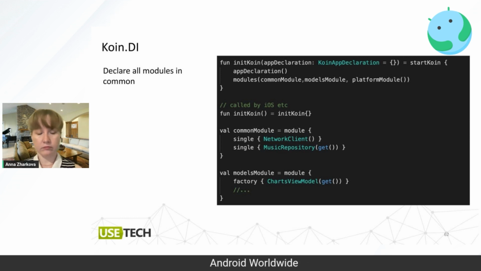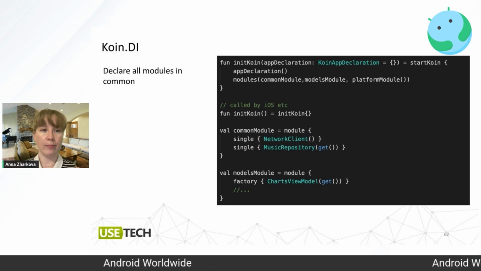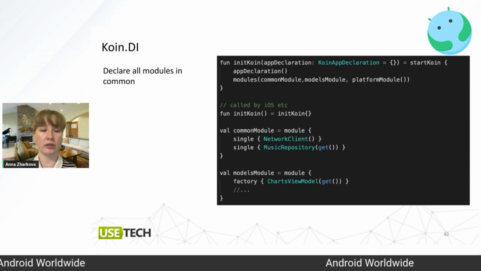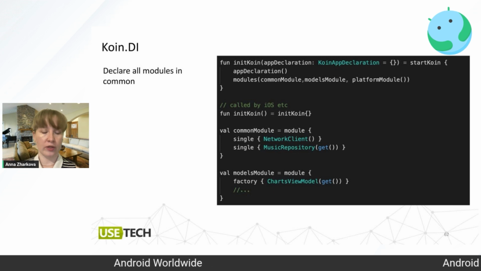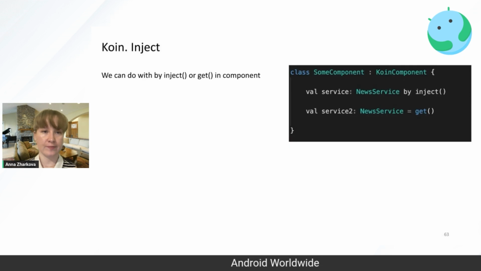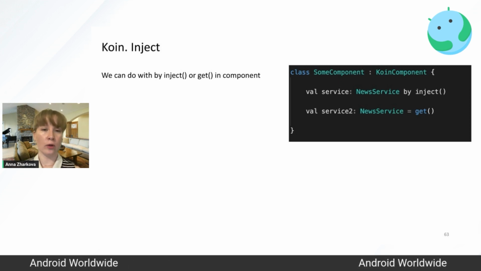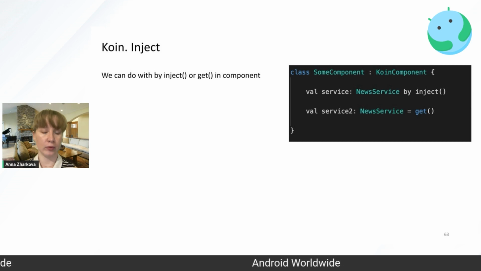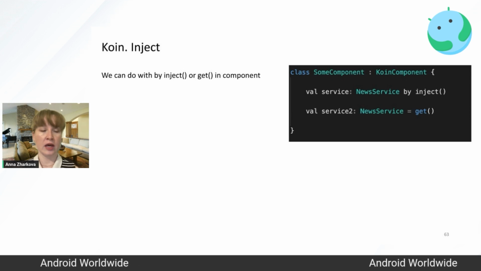And our models will be connected with our views, so they need to be recreated every time we create our view. So we need to provide them with factory to create every new instance every time. And now we need to provide a special Koin component to provide all our services. We could declare all our services in this special Koin component, and we could provide the instances of our services with